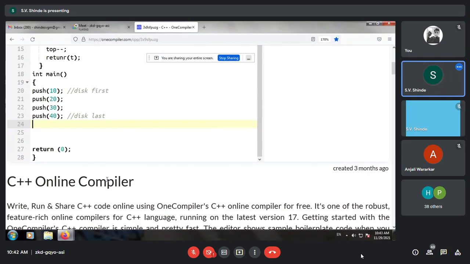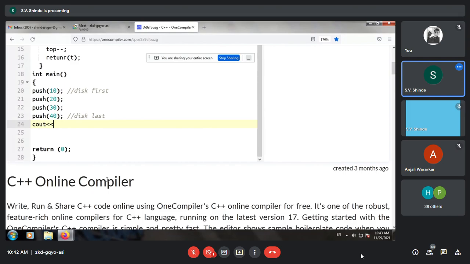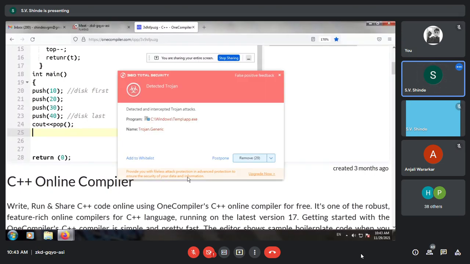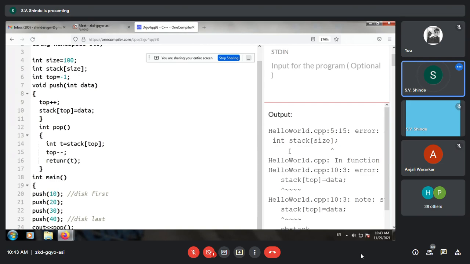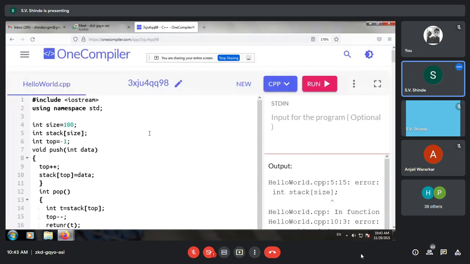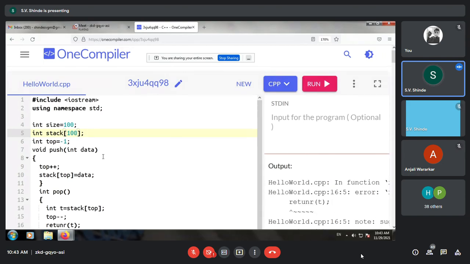So how to do this pop operation? We'll put cout and simply pop it, and let us check what will be the output from the following code. Okay, there was a little error, a spelling mistake in return.